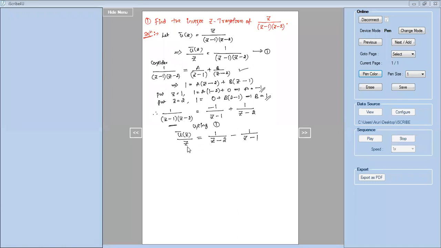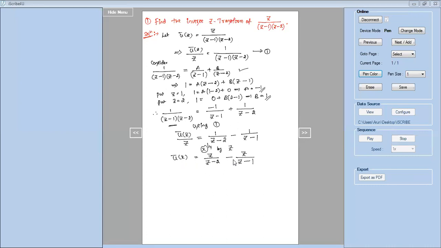Now the third step says you have to eliminate this z in the left hand side, send this z to the right hand side, or multiply by z. I can write like this, multiply by z. If I multiply by z, you get U bar of z is equal to the right hand side. It is z by z minus 2 minus z by z minus 1. Correct? Left hand side, z gets cancelled. U bar of z is equal to right hand side. If you multiply by z, it is z by z minus 2. Here we get z by z minus 1. So this is our U bar of z.